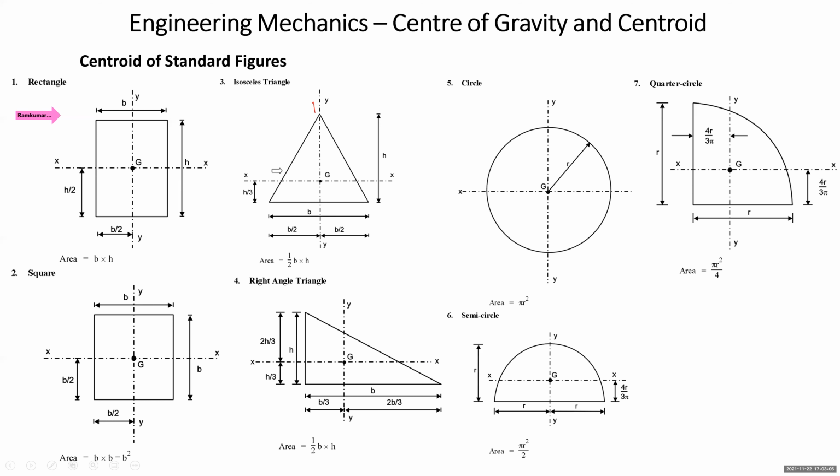In case of isosceles triangle, this will be one centroidal axis, which will be at b by 2. Another centroidal axis will be at 1/3 of its height from the base. Students, the derivation that centroid of triangle of any shape lies at 1/3 of its height from the base has been given in my book, which you can refer to later.